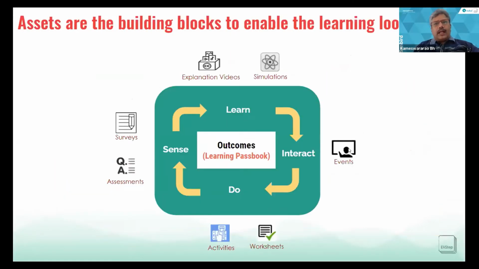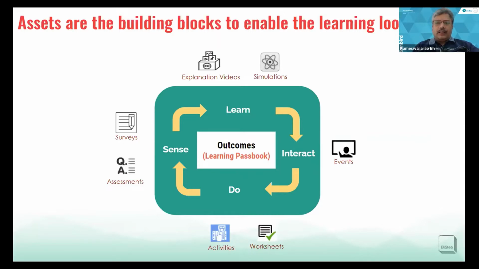We have also looked at in the previous sessions, about the content architecture and even the Sunbird overview, that assets form the building blocks to enable the different actions that are performed within this learning loop, right? For example, the assets could be explanation videos, simulations, or reading material which are consumed in a learn action.